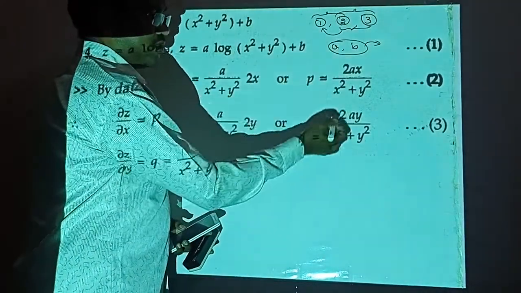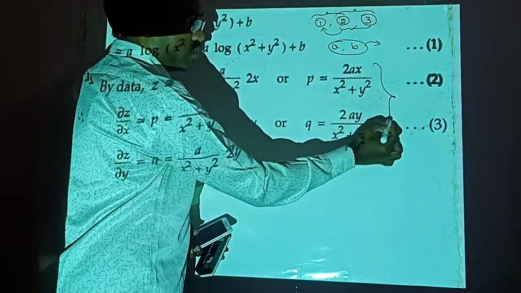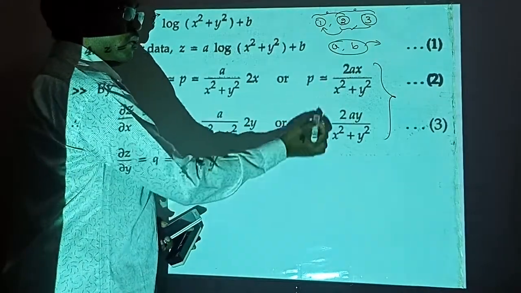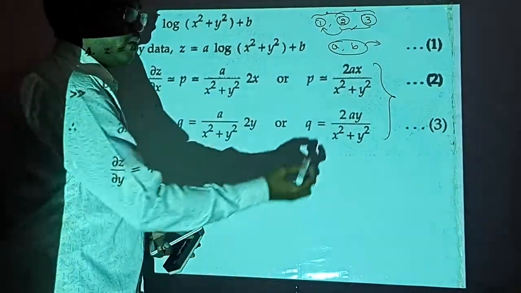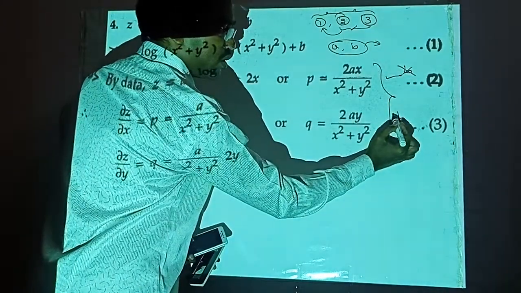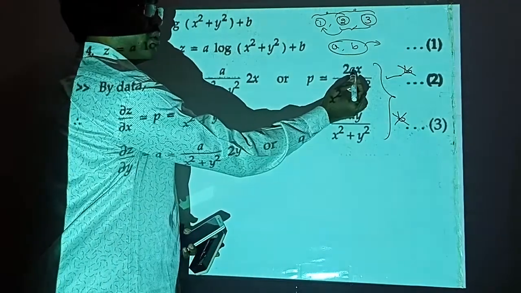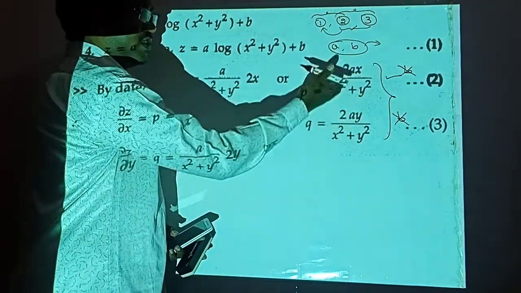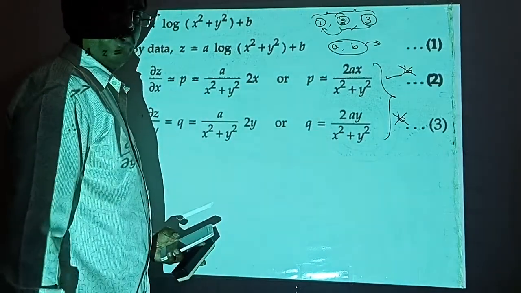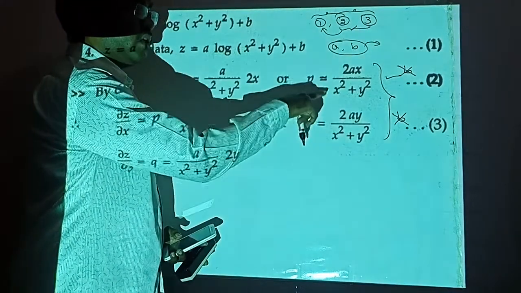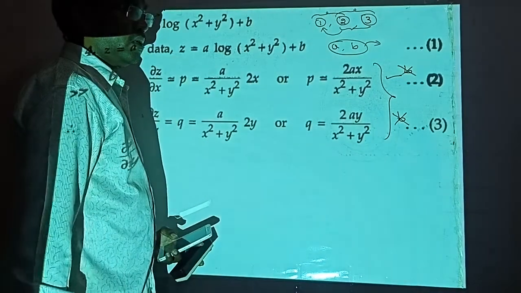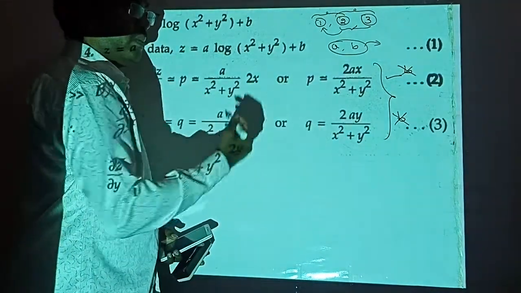Now let us combine these two. If you combine these two, your arbitrary constant will get eliminated, because in this equation there is no b. In this equation also there is no b. Only left out is a and a. So if you combine these two, you can eliminate even a also. So the question is, how do we combine? Should we add, or should we subtract, or should we divide? Which operation is the best suitable for the combination here?